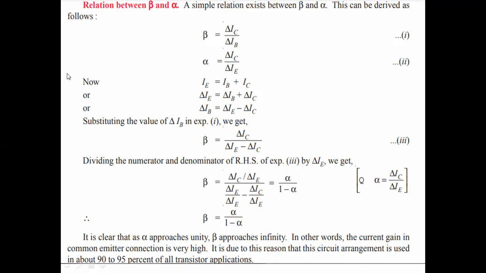Very high current gain means that when we apply a small amplitude signal, you will get a higher amplitude of output voltage. Suppose the applied signal has a 2 volt peak value, and by the amplification of this transistor you may get around 20 volts of output. Like this, amplification is possible with the common emitter configuration.